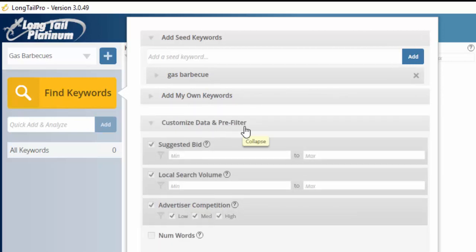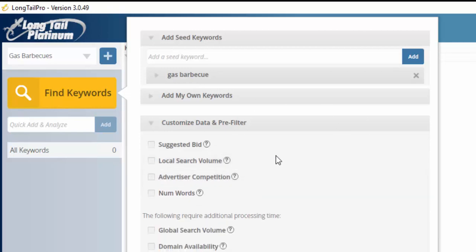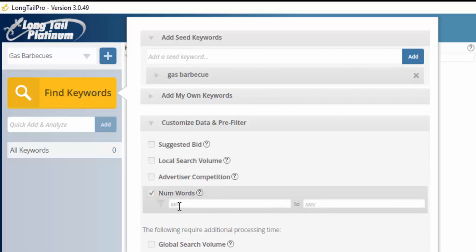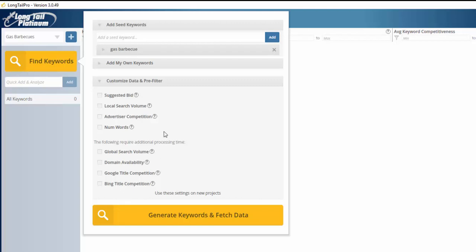Under the customized data and pre-filter section, we've got suggested bid, local search volume, advertiser competition. We can put values in here just to limit our searches, but for now I'm just going to uncheck these because I'm just going to generate a full list of results, and then we can filter it afterwards. So again, the number of words, we could filter it here, so just show keyword phrases that are a certain length, but we will filter this later. And again, all of these options here we can look at later. So I'm just going to go ahead and click generate keywords,